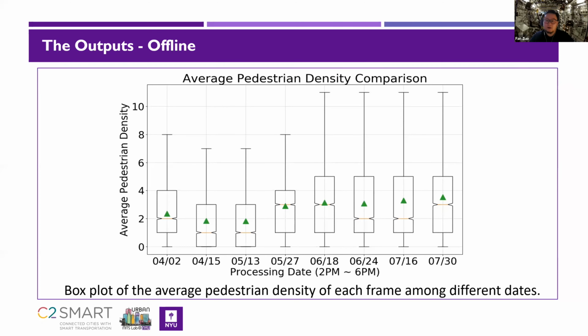And a gradual increase in pedestrian volume is observed starting from the end of May, and then it reached a stable status from the middle of June. You can see after the middle of June, it is not changing so much, which means the volume of the pedestrians and the performance of the pedestrians are staying at a stable state.